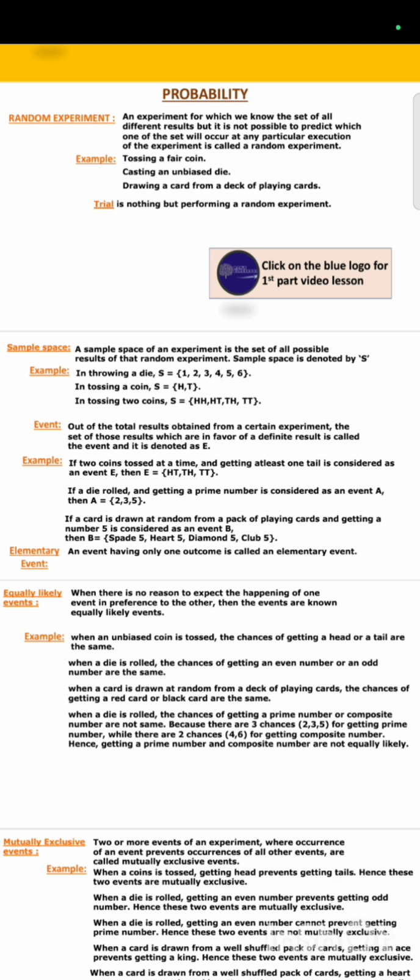So the next immediate definition after sample space is event. What is an event? A subset E of S is called an event. If you take the life cycle of a human, any human, like an infant baby, he will take birth, later on he will grow up, then he has to face adolescence, later on he is going to become a family man, afterwards he is going to become an old man, later on he is going to die.